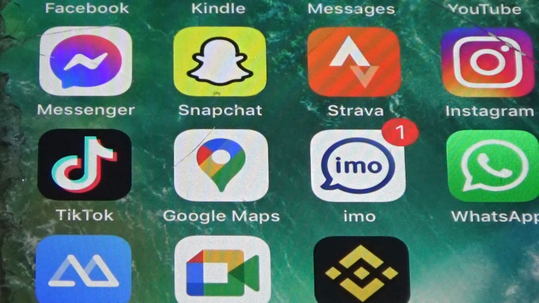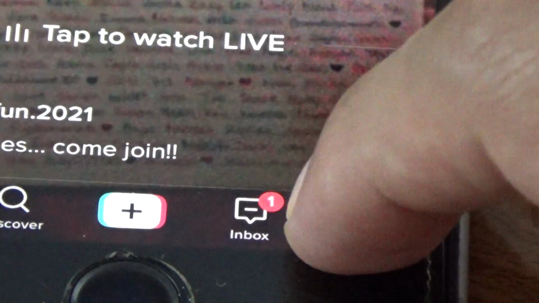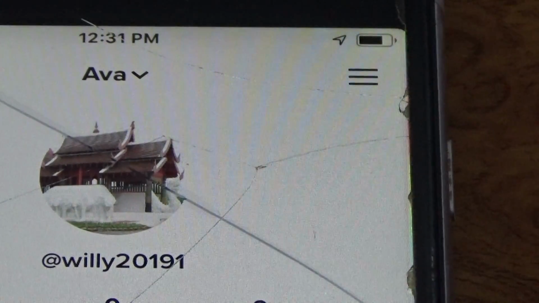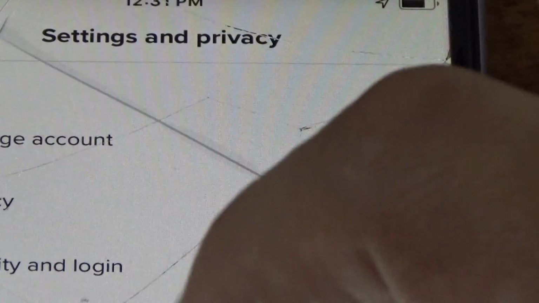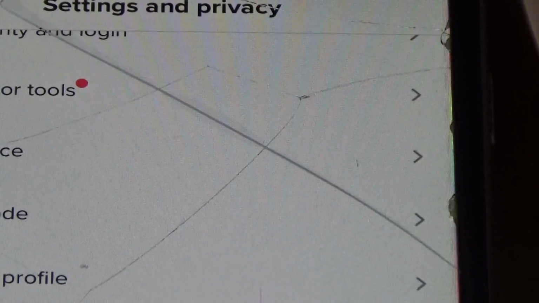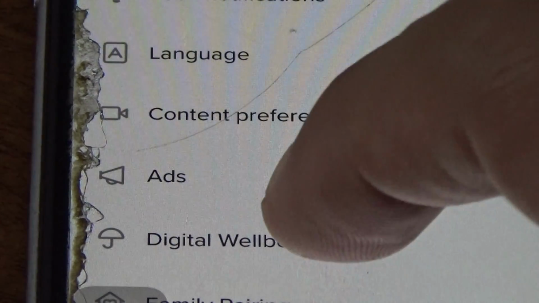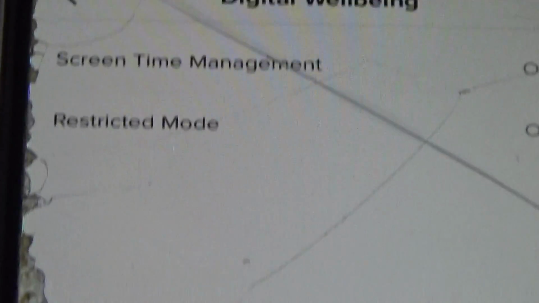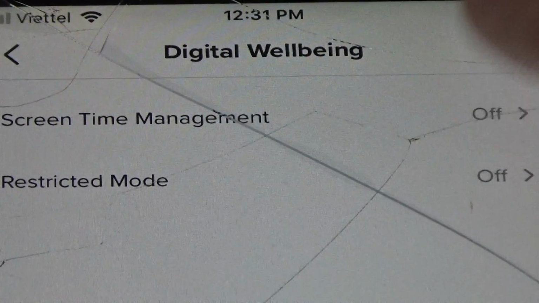What you need to do, first just go to the TikTok app and then click on profile. After that, click on the three lines on the top right, and then Digital Well-being, and then Screen Time Management. Just click here